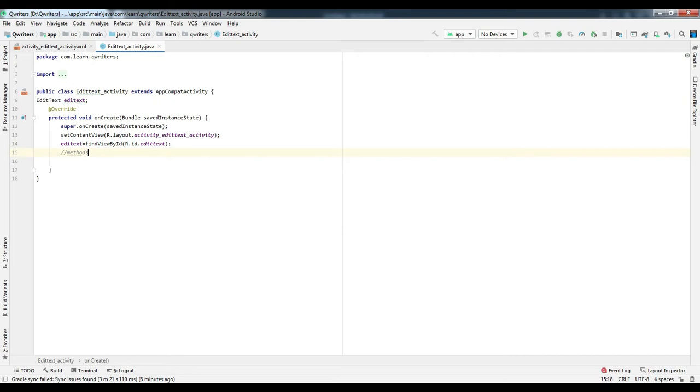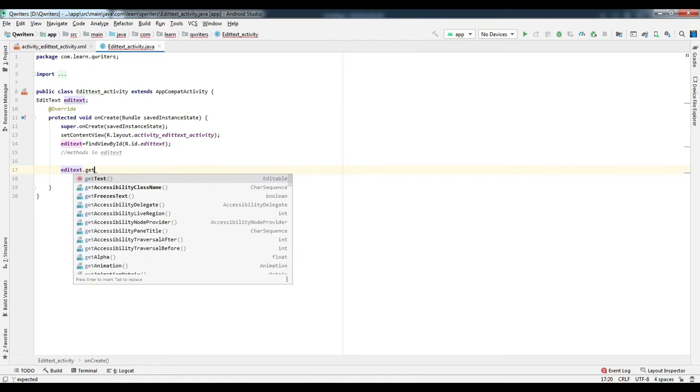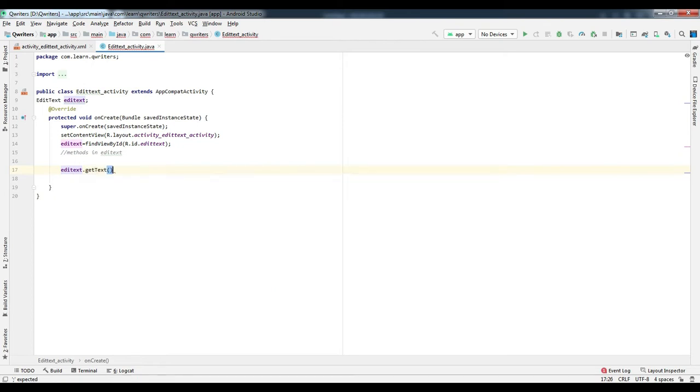Next we will see the predefined methods and what we can do with the edit text to access this text. So let's check. Type edit text dot getText, which will return the text; type toString, and this will return a string where the user has typed something. So this returns the user input as a string, and define one variable name. Here you get the text whatever the user has typed using editText.getText.